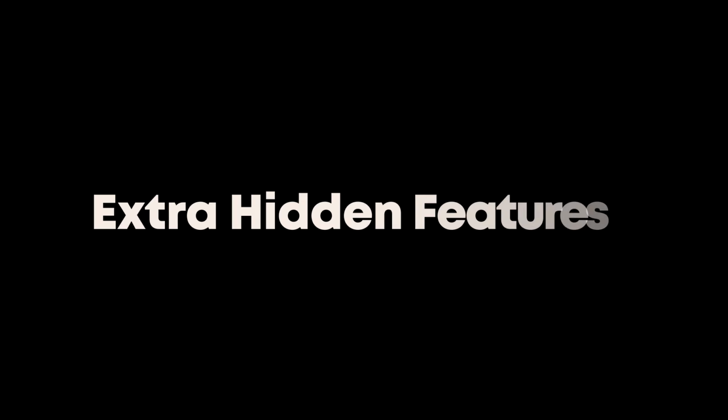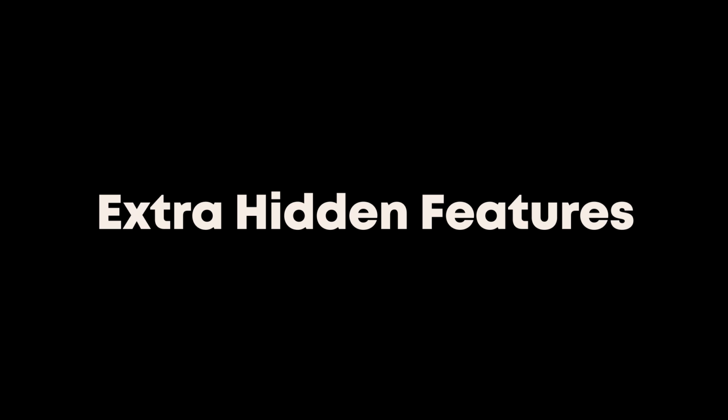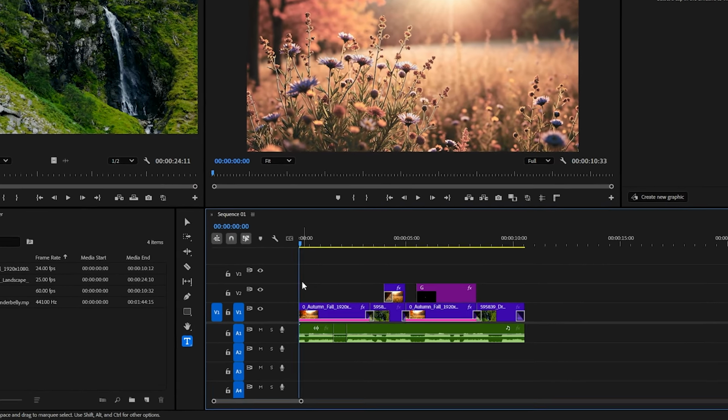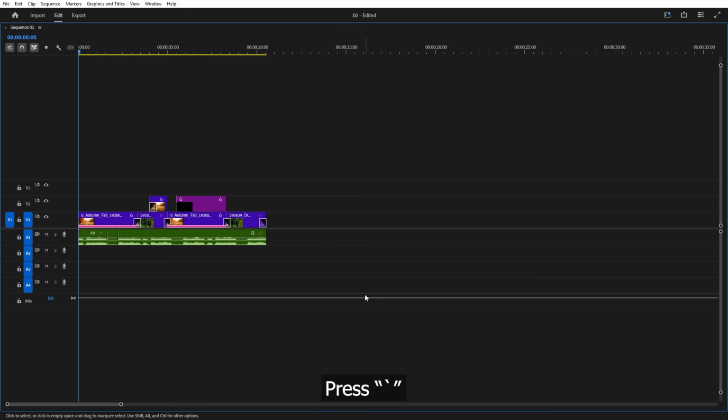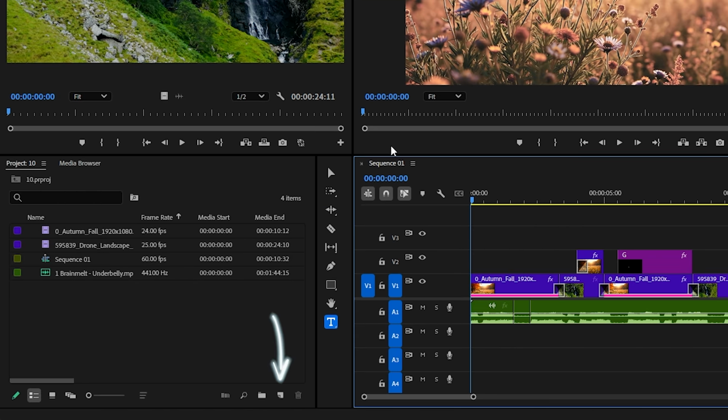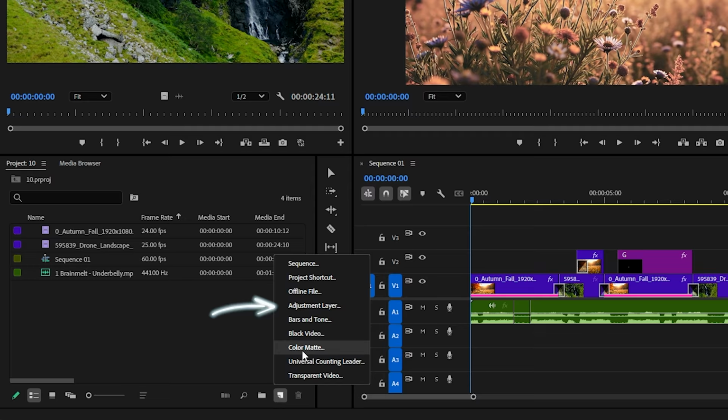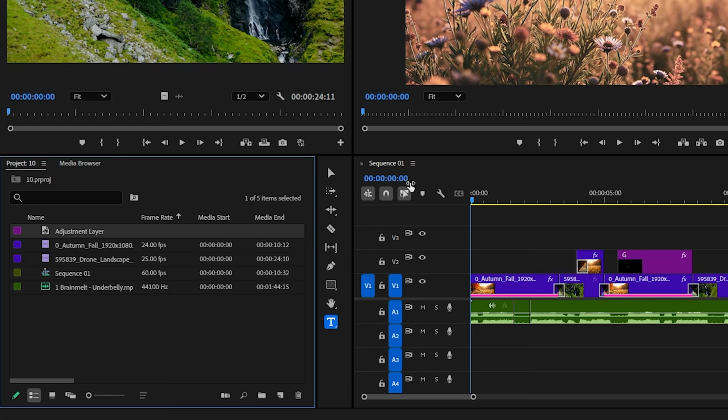Extra hidden features that supercharge your workflow. Another hidden feature many editors overlook is timeline selection filtering. By locking or disabling tracks, you prevent accidental edits and keep focus where it matters. Premiere also allows you to zoom the timeline instantly using the backslash key, which fits the entire sequence perfectly on screen. Using adjustment layers for color and effects instead of applying them to individual clips keeps your timeline cleaner and